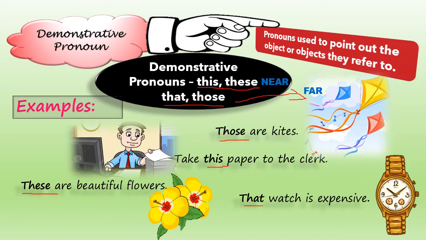Yes, so that is a demonstrative pronoun, but we use that for singular number. Yes, so this and that. This and that we use for singular number. Those and these we use for plural number. Is it clear, children? This and these we use for things which are closer to us, and those and that we use for things which are far away from us. This much is clear to you all?